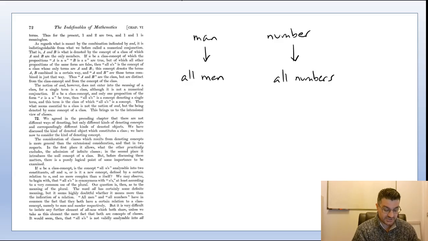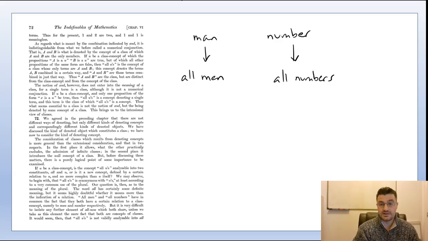So this complication, however, would serve no useful purpose, except to preserve Peano's distinction between a single term and the class whose only term it is, a distinction which is easy to grasp when the class is identified with the class concept, but which is inadmissible in our view of classes, because we're not identifying classes with the class concept. It is evident that a numerical conjunction considered as denoted is either the same entity as when not so considered.